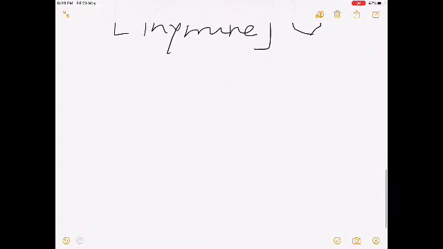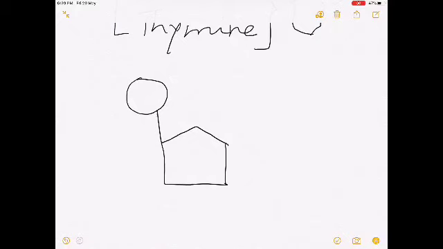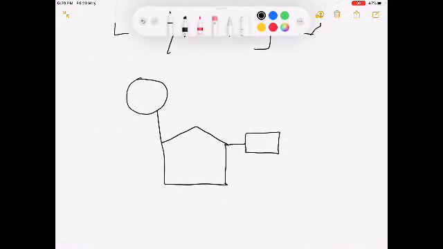So let's make one structure. You can see here that this is a phosphate. It is combining with the pentose sugar like this from this side, and then from here it is combining with the base. Now the base we can represent either like this, or you can make a simple structure, the same type of structure as I have shown you. So you can make it like this also.